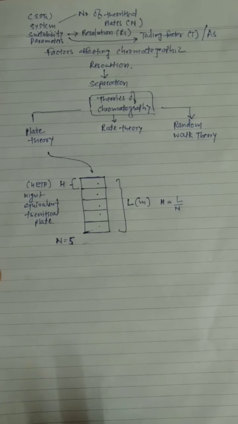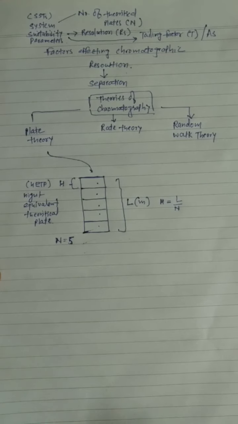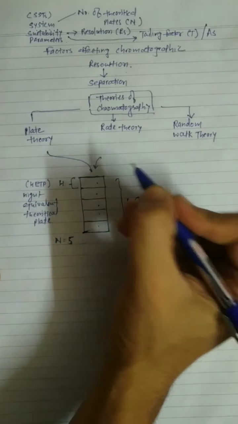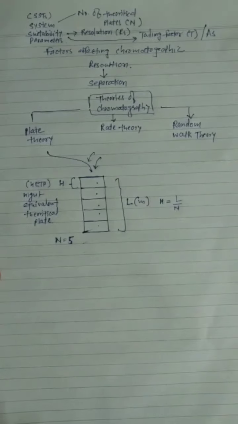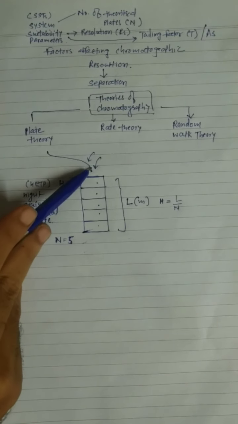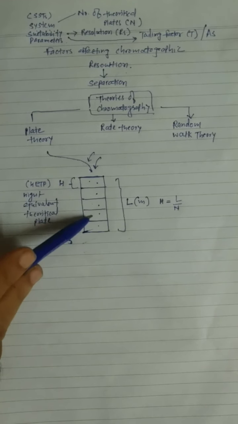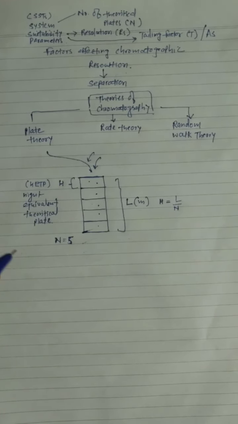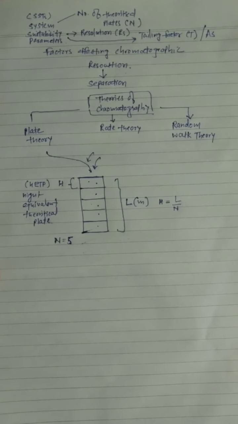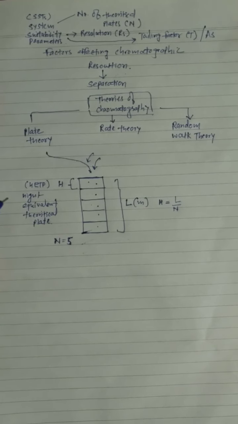Now as we know, what is the major condition? Equilibrium which is being established. So when the analyte comes from here along with your mobile phase, first the mobile phase comes into equilibrium between these layers, each layer, and then your analyte will distribute between these layers. And once the equilibrium is established between all three, then your analyte will travel from your stationary phase to the mobile phase and then elution occurs.